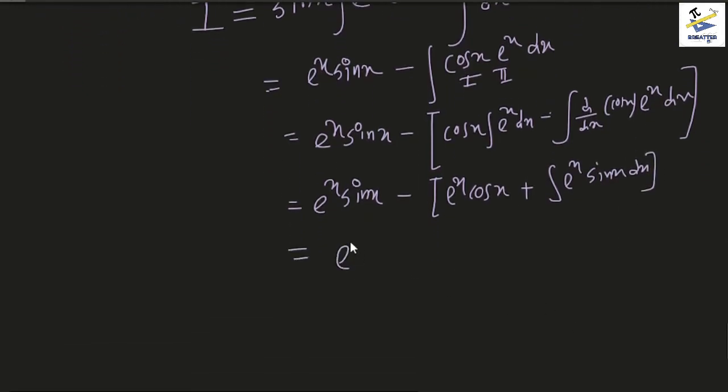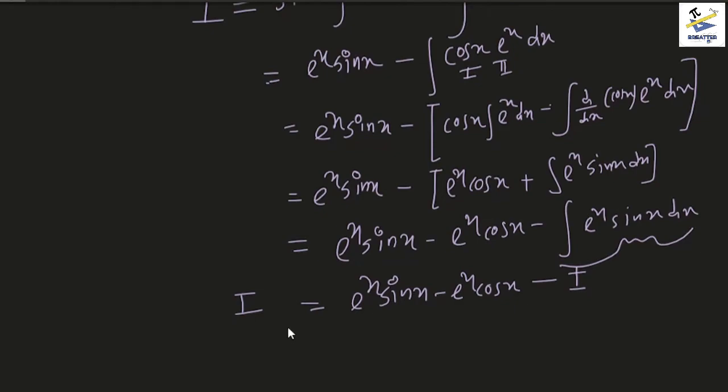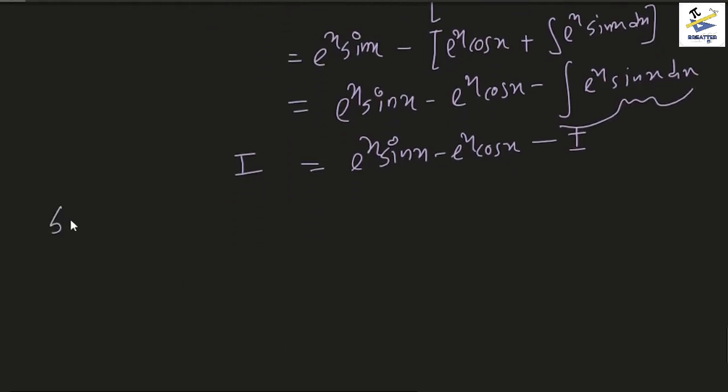And if you take it away from the bracket, what becomes is e to the power x sin x minus e to the power x cos x minus integral of e to the power x sin x dx. But notice that this is the integral that we started with, right? So this is denoted by I, which is a variable. So this becomes e to the power x sin x minus e to the power x cos x minus I, and on the left hand side we have I. So solving for I, what we get,